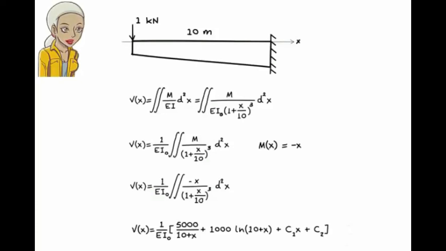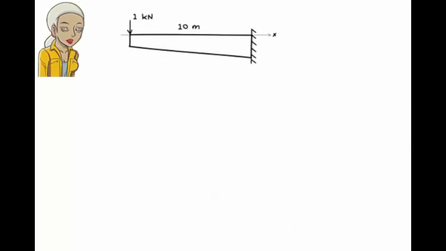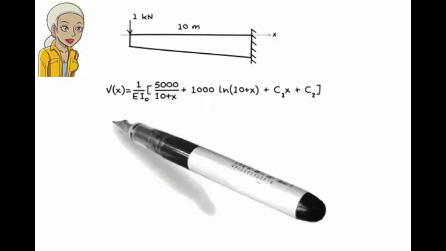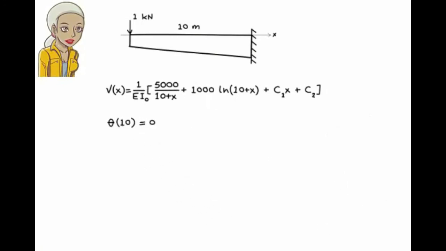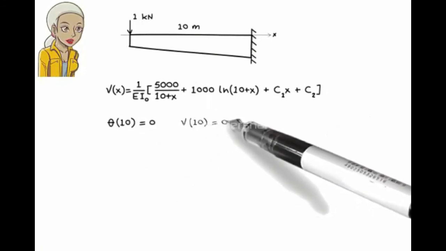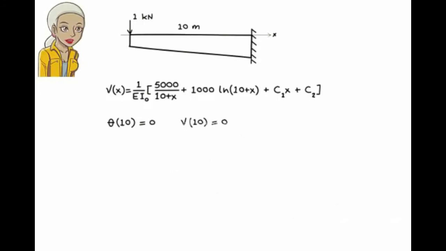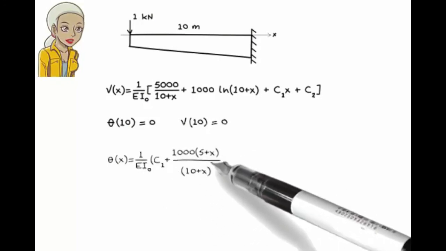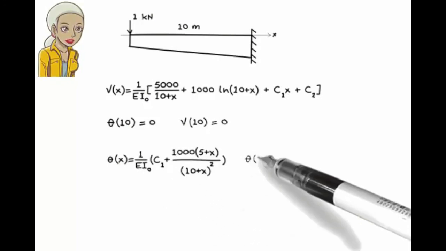To determine the integration constants c1 and c2, we need two boundary conditions. We know that slope and deflection at the fixed support are 0, so we can write theta at 10 equals 0 and v at 10 equals 0. Theta can be obtained by differentiating v with respect to x. That is, so we can write the boundary conditions as